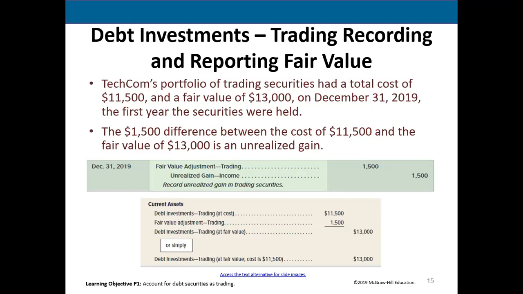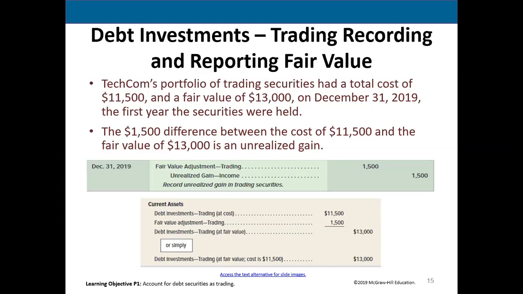What we do is use a second account called the fair value adjustment. And it's an account that will be right next to your debt investment account. So right now, and I'm just doing a quick T account, my debt investment account has a debit balance in it of $11,500, what the investment cost. Now, if I don't do anything, when I make my balance sheet, I would have to report that investment at $11,500 because that's all that's in that account. Well, the fair value adjustment account,